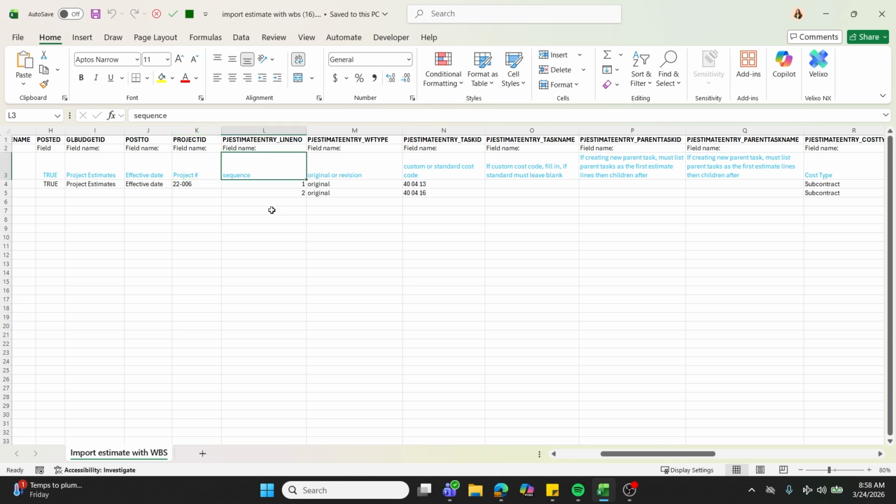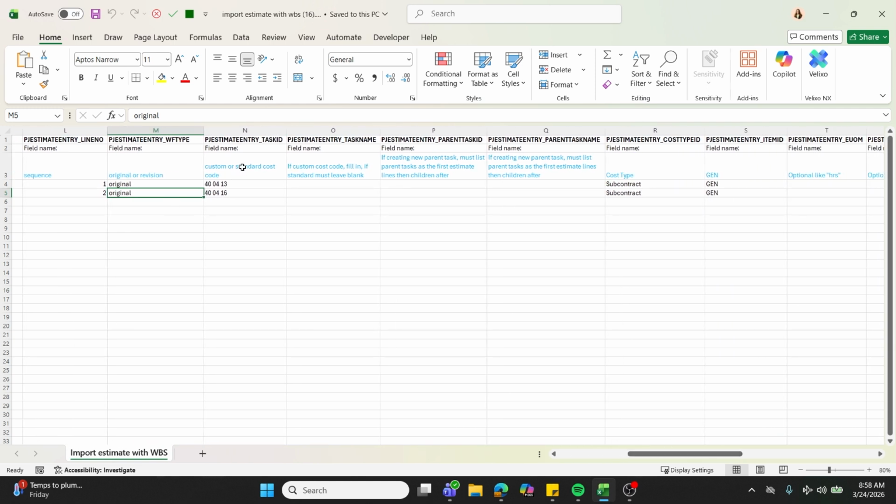Now we get into the entries table here in L, and I have 2 rows here. It'll ask whether it's an original line or a revised line. And then in column N, we'll start entering our task IDs.